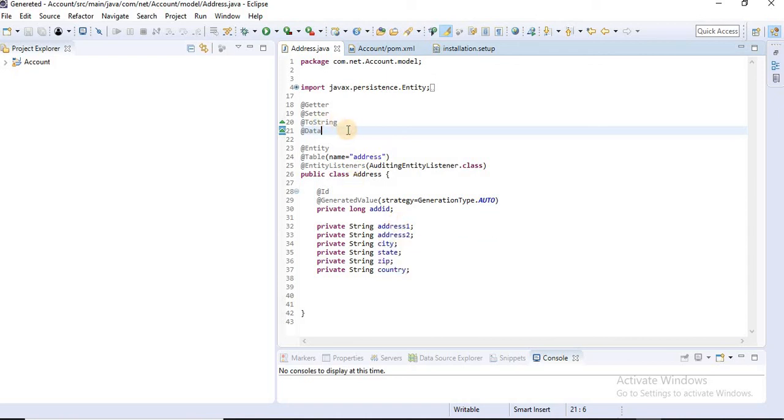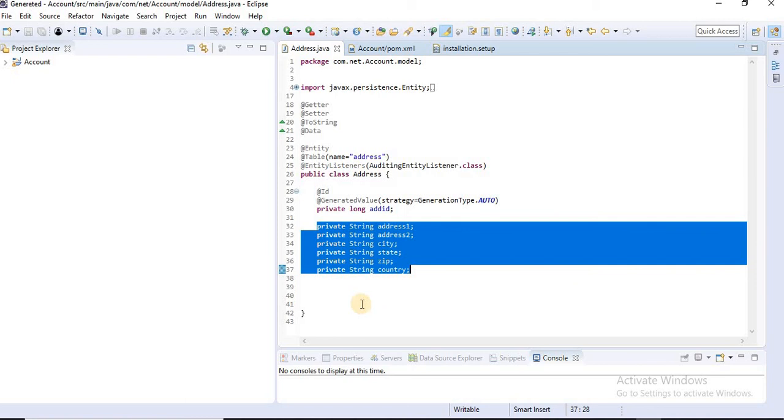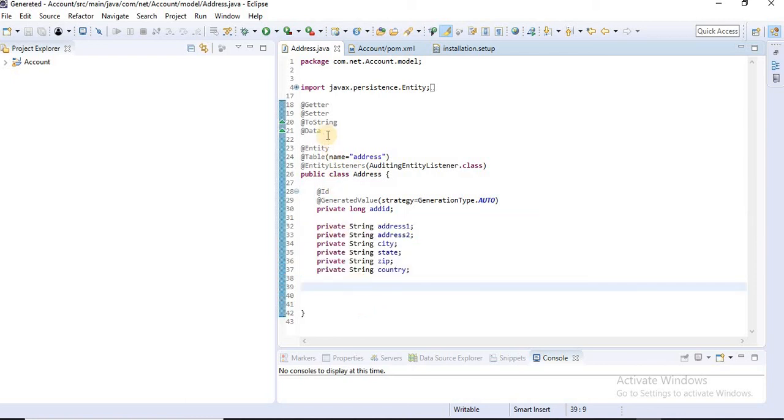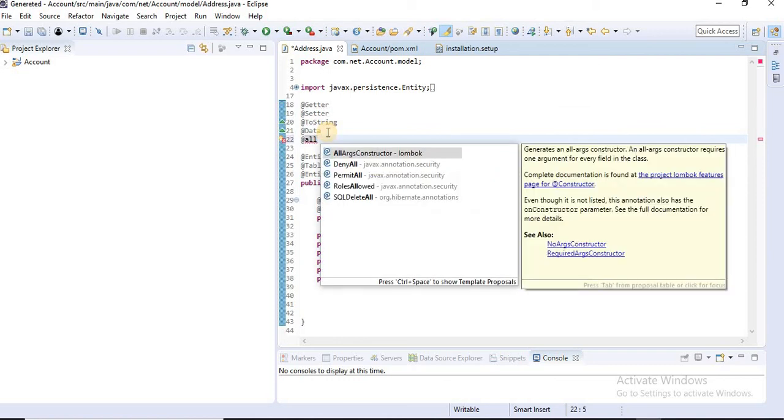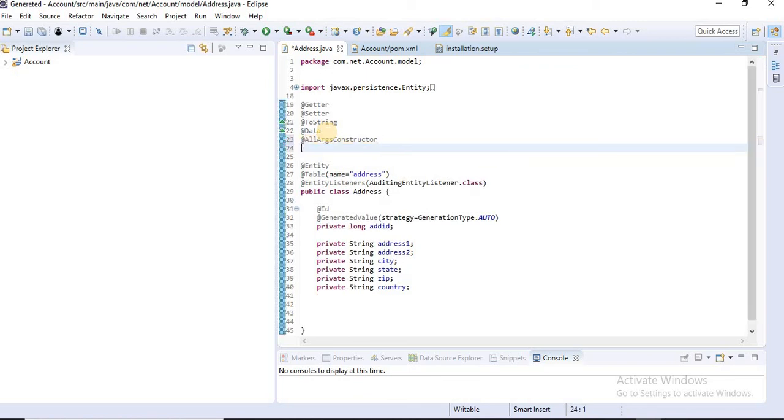So in this video we saw how to add Lombok in your existing Eclipse project. It's pretty simple, and it optimizes so much code. You don't need to write getters and setters. If you want an all-argument constructor, simply type @AllArgsConstructor. If you want a no-argument constructor, simply type @NoArgsConstructor. Lombok gives all these features.